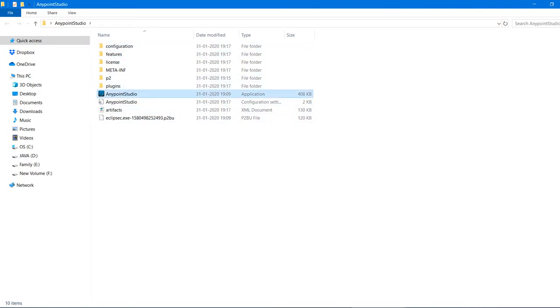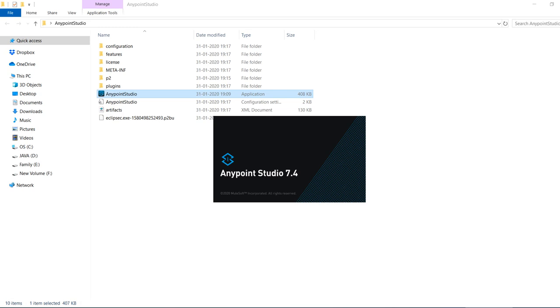Now Anypoint Studio is not installed on your machine. It's nothing but an application. Just double click on this executable file. It will execute and it will open Anypoint Studio. The version of Anypoint Studio we are using is 7.4, right? 7.x, you can say 7.x means right now the version is 7.4. And along with this Anypoint Studio, you will get the 4 runtime. The latest version of 4 is 4.2.2, that you will be getting along with Anypoint Studio 7.4 as a default runtime.